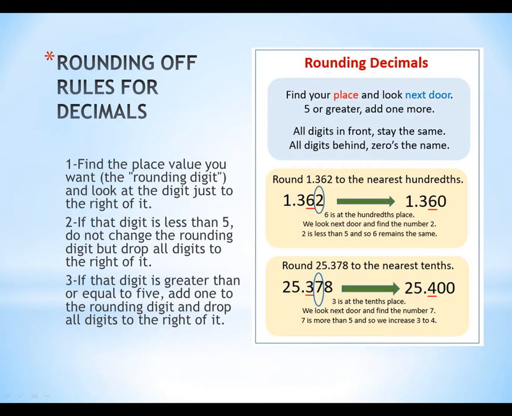We are rounding off this number at the third decimal place, and now we see that the number is greater than 5, so the previous number will be increased and the next numbers will become 0. So this 3 will become 4 and the next numbers will become 0. So these two zeros are not necessary to write. We can terminate this number at 4. So yeah, we can also write this number as 25.4.